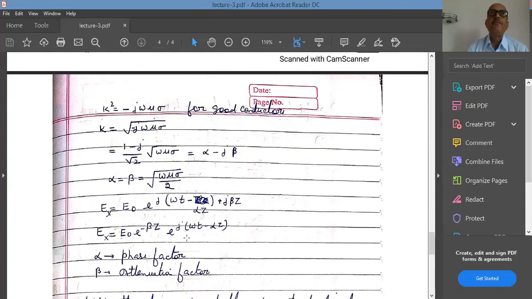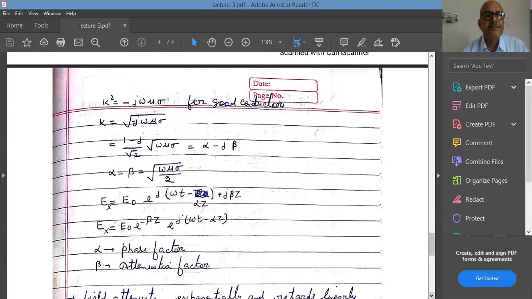the phase, and beta is called the attenuation factor because it is responsible for attenuating the electric field and the magnetic wave, and we call them phase factor and attenuation factor. Please don't just remember alpha and beta. Try to understand which is the attenuation factor and which is the phase factor. Maybe in the textbook you have beta as phase factor and alpha as attenuation factor, and you will be confused. So it's better to understand why we call alpha the phase factor, because alpha is responsible for defining the phase of the electric field and the magnetic field vector propagating in a conducting media.